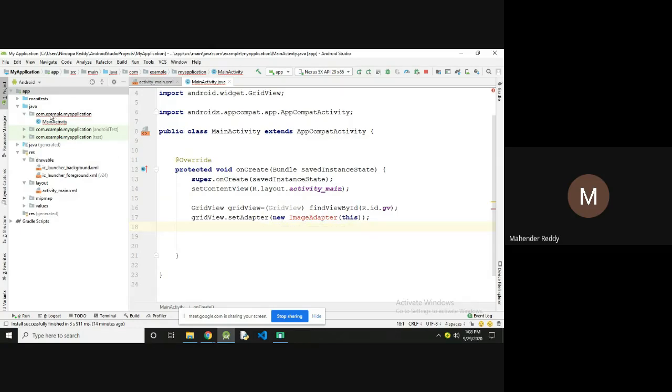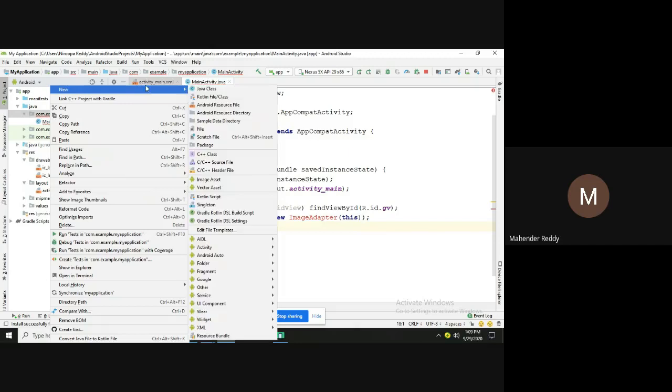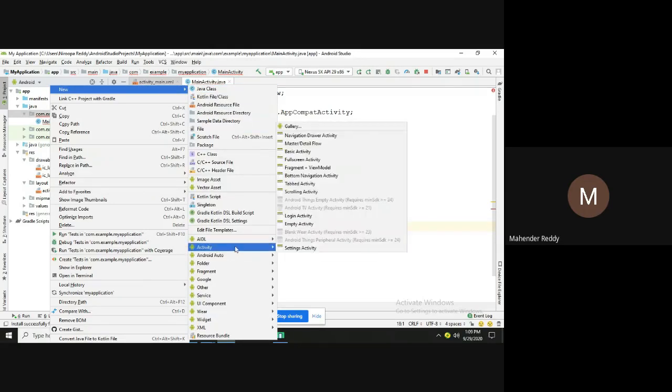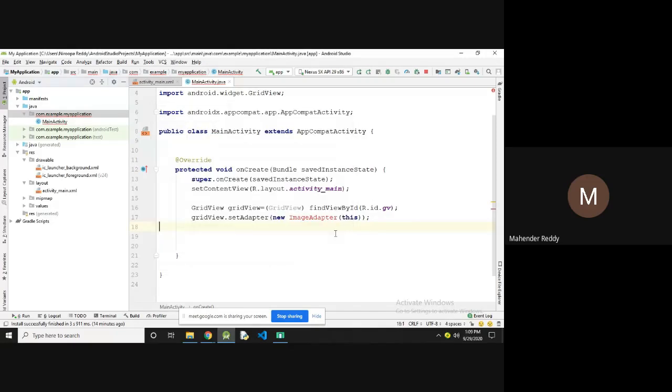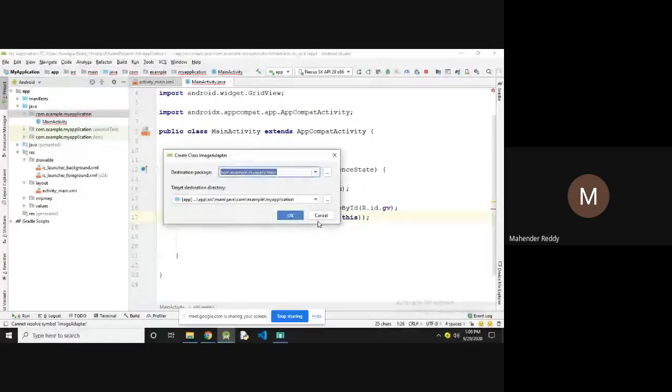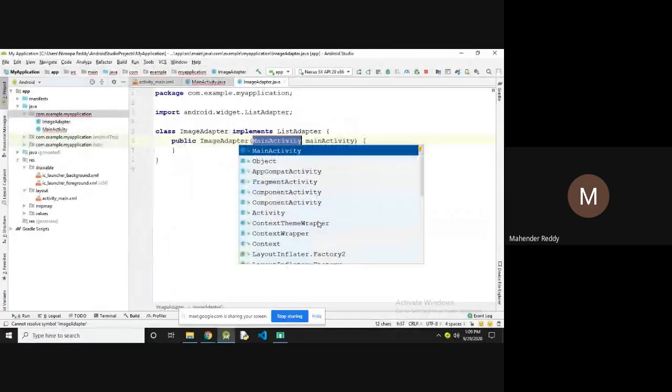In the MainActivity Java package com.example, I'm going to create the activity file, or else you can create a Java class file, that is ImageAdapter. You can specify ImageAdapter here, or else directly press Alt+Enter. Then it asks you to create class ImageAdapter. If you click OK, it will be created.